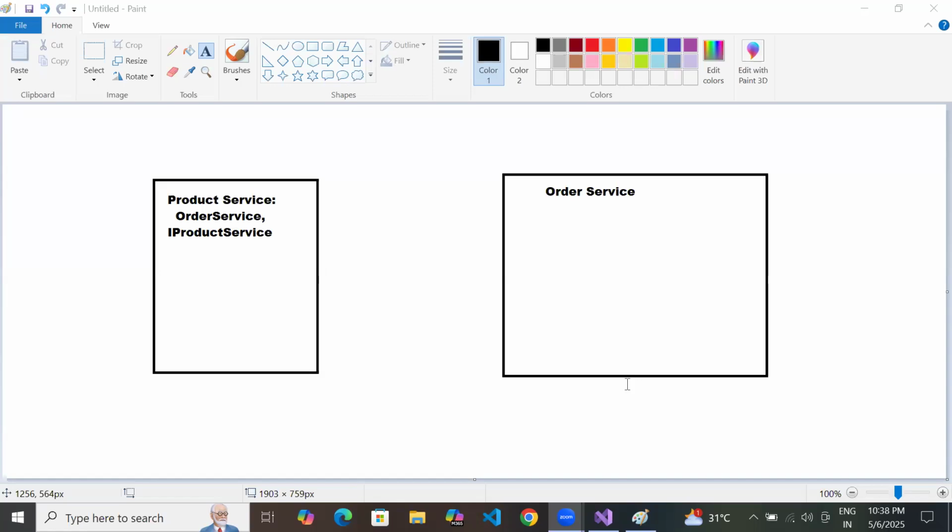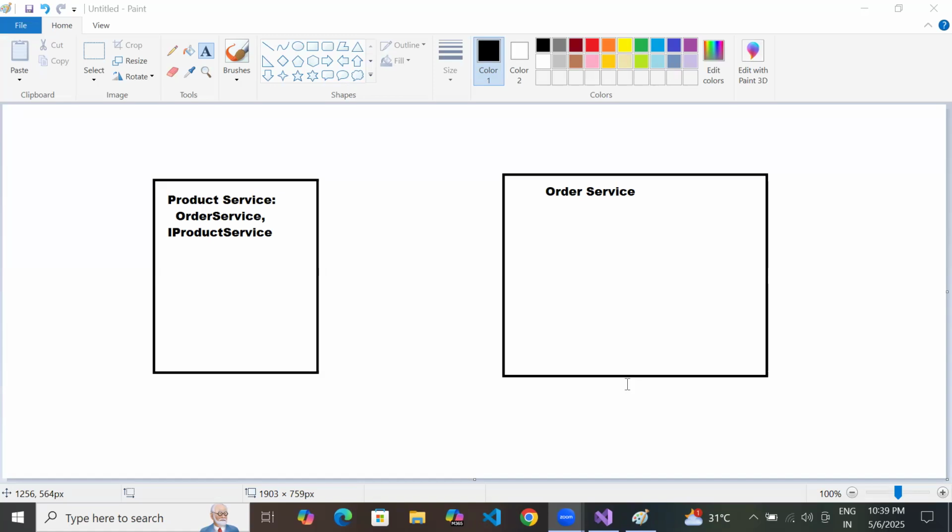In that case, if I inherit order service, will it work? It won't work, right? So as part of IOC, you need an interface and an implementation class, right? So in that case, order service does not come into the picture as a base class. Yes, sir, understood.